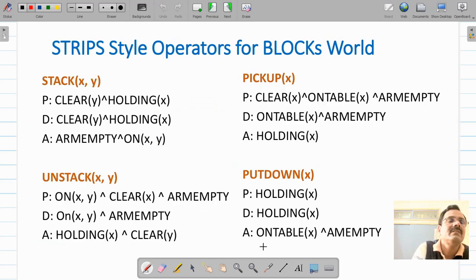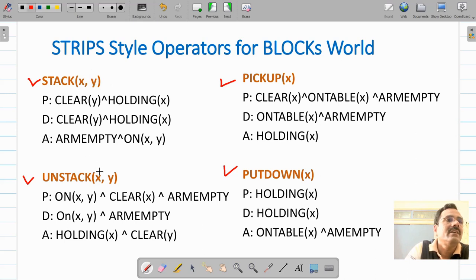For that purpose we have seen that four operators are provided with us. First operator is stack x y, then second one is unstack x y. Though x and y are variables, you can replace them with corresponding blocks. Then two other operations, pick up x and put down x. Both these operators require only a single argument. Now stack x y will put block x on block y.